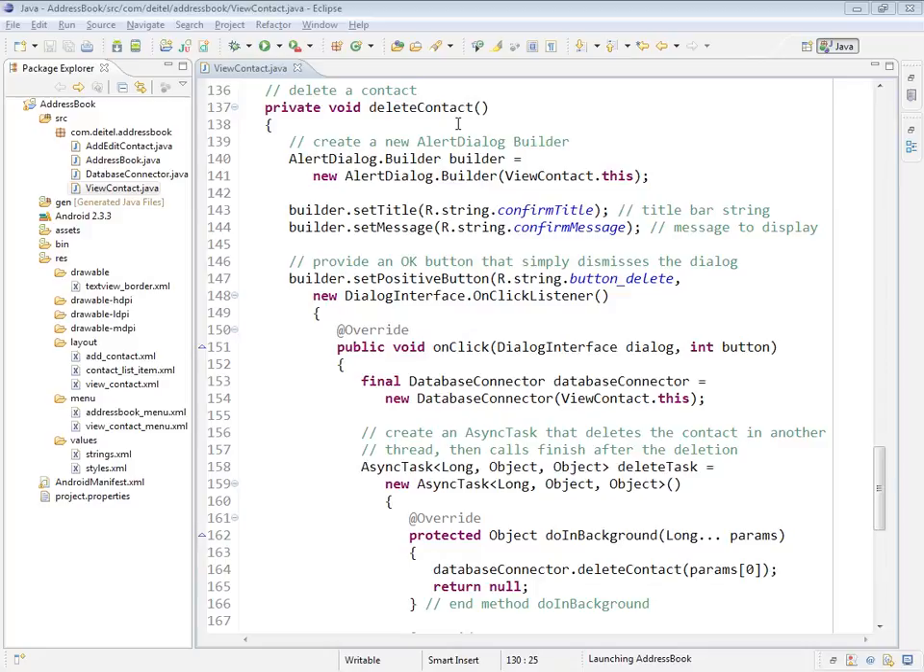Before actually allowing the user to delete a contact, we want to make sure they really want to do it. So when the deleteContact method gets called as a result of selecting the deleteContact menu item, the first thing we do is put together an alert dialog to ensure that the user really does want to remove the contact. So if the user touches the positive button within the dialog, which is our delete button, then we'll execute the